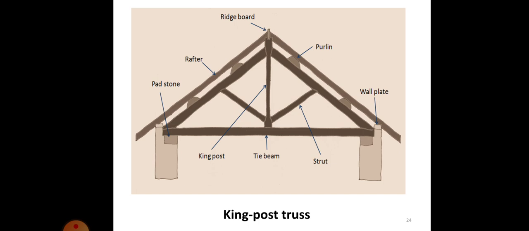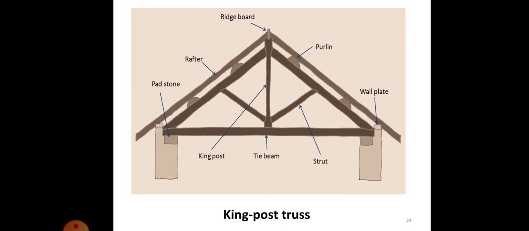So we call it the strut, and the main purpose of providing the strut is to prevent the bending of the rafters. When you provide these two inclined members, you can see in the figure the struts marked here. If the struts are not provided, what happens? The rafters will have a tendency to bend. So the struts are provided here in order to prevent the bending of the rafter.